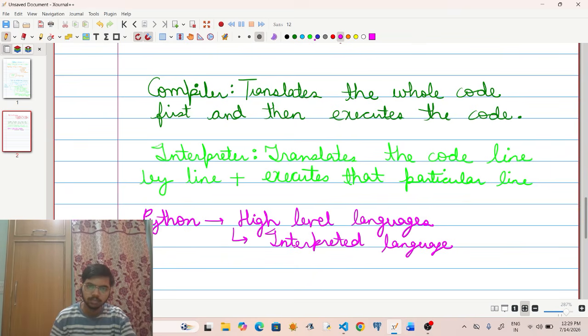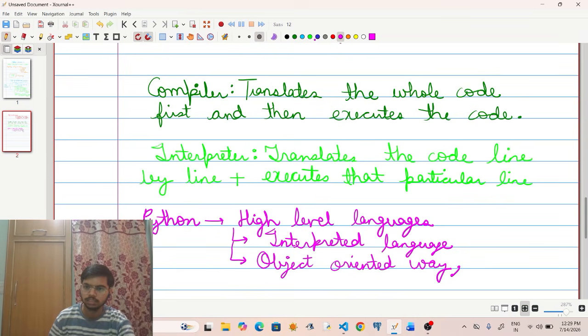Now, Python supports many different ways in which you can write code. It can be object oriented way.